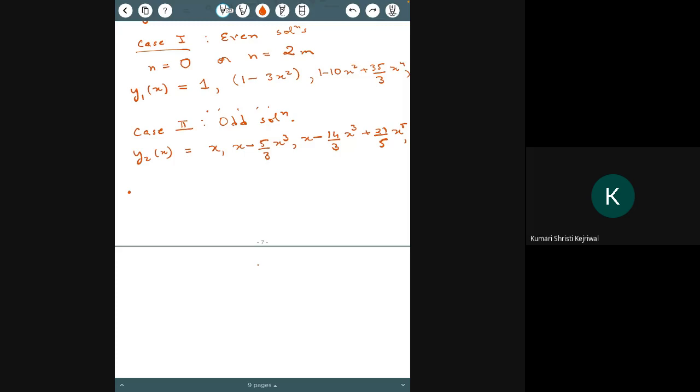So y1 of 1 is equal to 1, or y2 of 1 is equal to 1. This is what is called the normalization of Legendre polynomials,